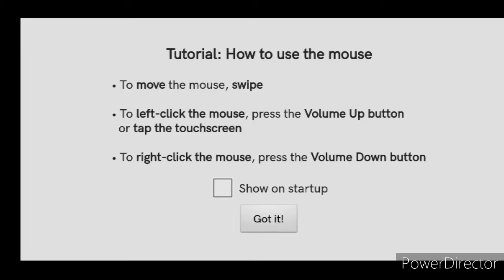Some advertisements are here. Here is the tutorial. How to move the mouse: swipe. To left click the mouse, press the volume up button or tap the touch screen. To right click the mouse, press the volume down button. Show the startup. Yes, I got it.